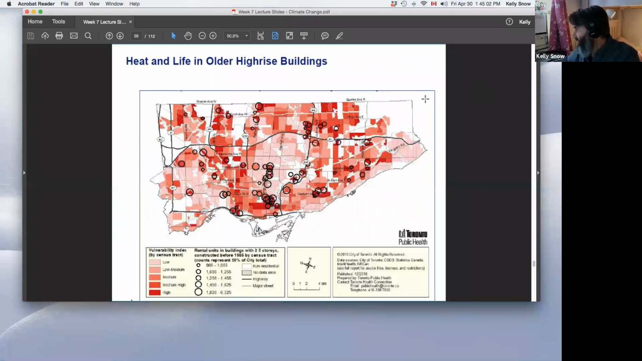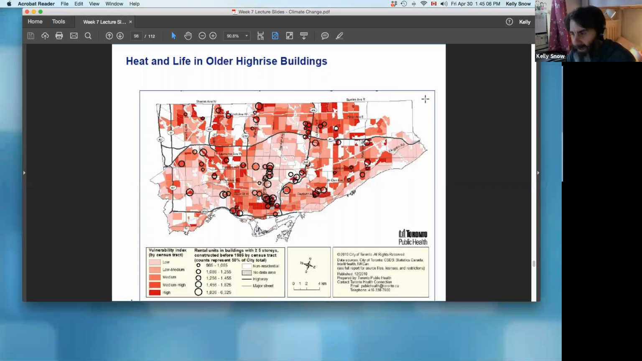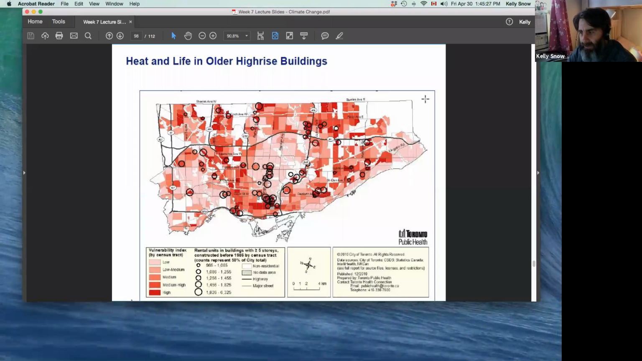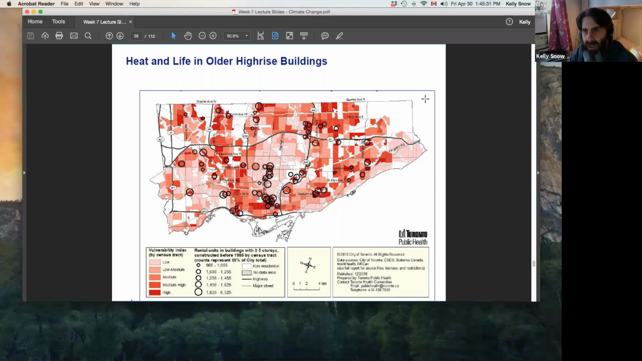Here's something interesting that public health did in terms of overlaying rental units with buildings less than 5 stories or higher than 5 stories. You can see that there's concentrations of them, and then they created a vulnerability index based on census tract income. And so you can see that these are areas where public health makes an effort during heat waves to go and check on people. Now, bringing this to present day,